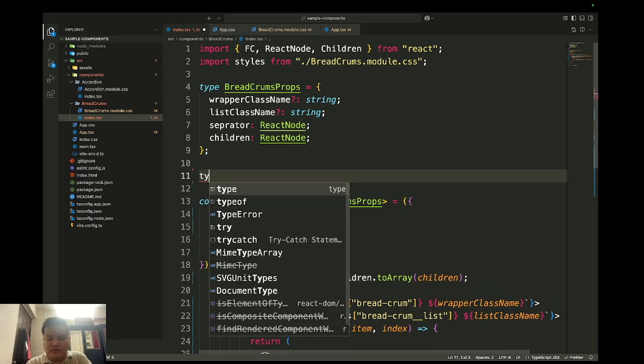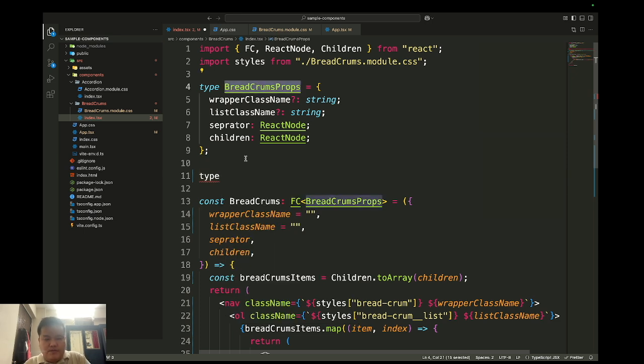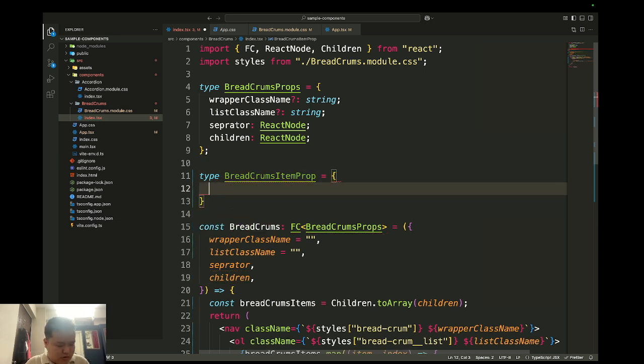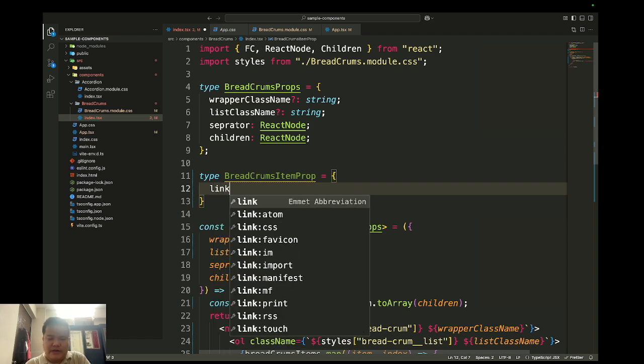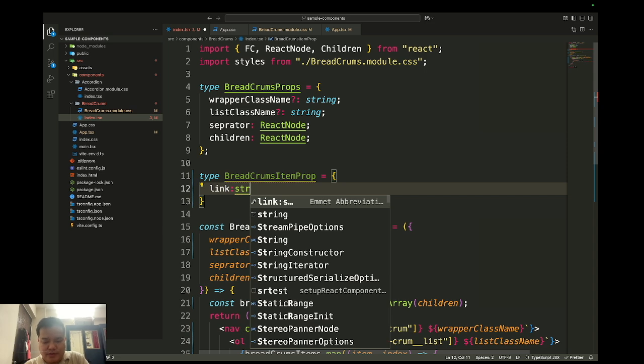First of all, I need to make a prop for that. Item prop. And what it would accept is a link, which would be